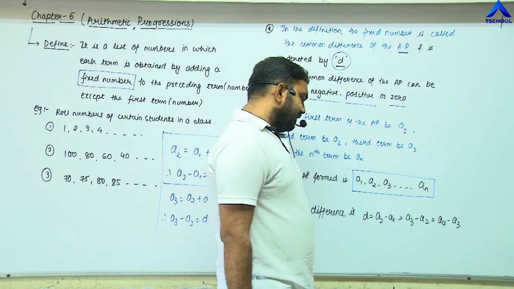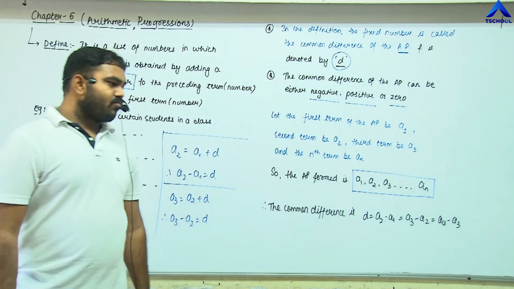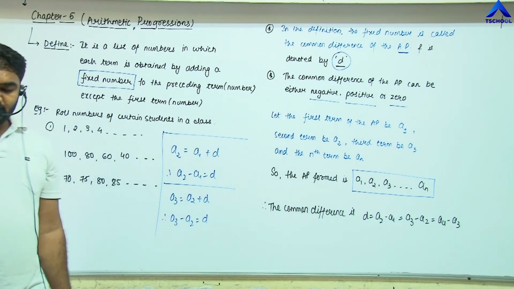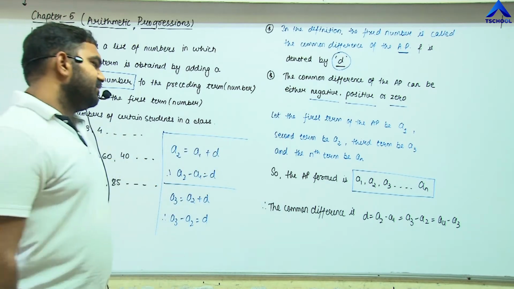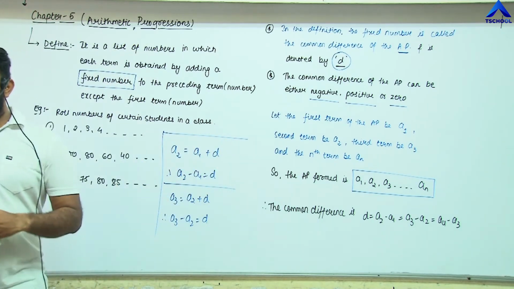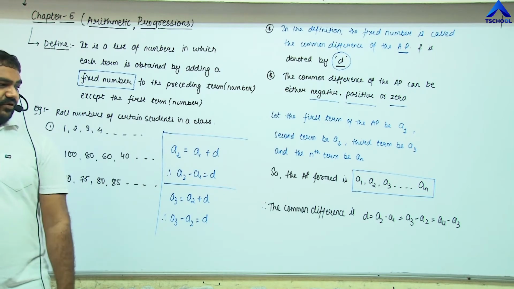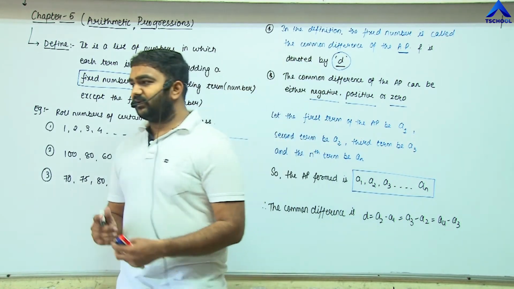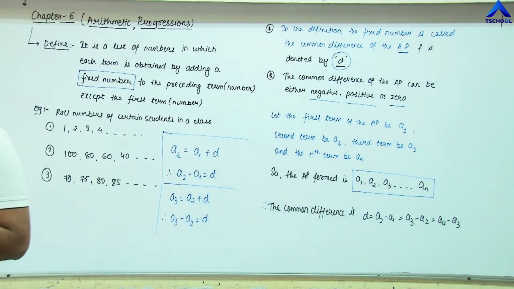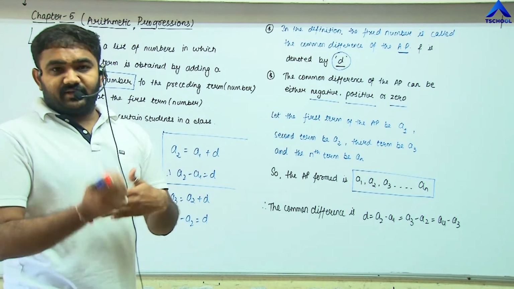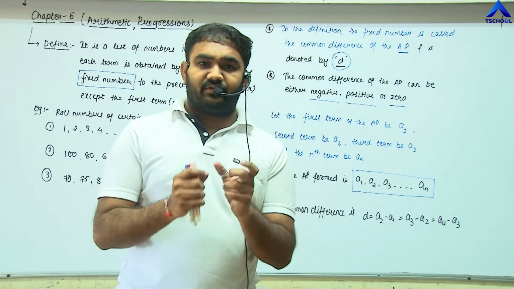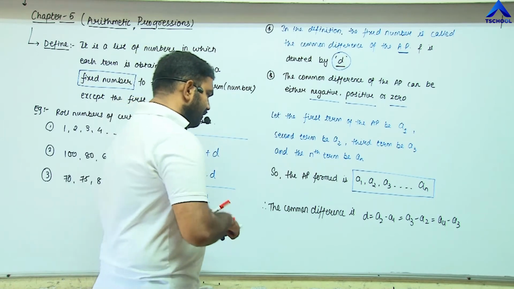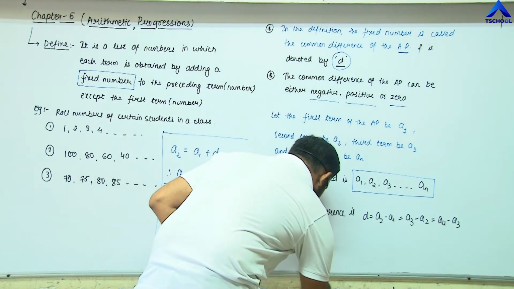Common difference D is equals to A2 minus A1, or A3 minus A2, or A4 minus A3. This all will give you the common difference. Okay. Next thing, if I do not want to write this in the form of A2 minus A1, A3 minus A2, A4 minus A3 and so on, then the general equation of the common difference can be written as common difference D is equals to